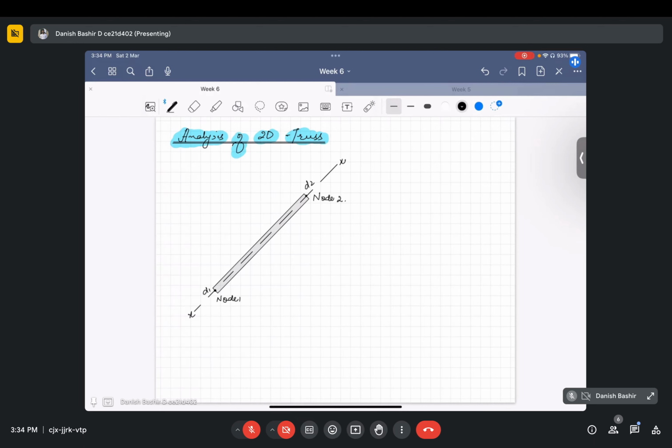But the global system, if we see the actual coordinate axes, it's not like this. Actual coordinates are like this. I hope you people are getting my point. This is the global coordinate system, that is x comma y. So this is the local coordinate system. This is the global coordinate system,